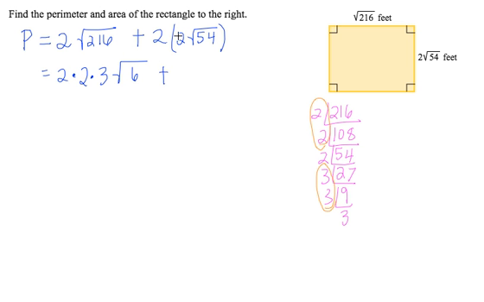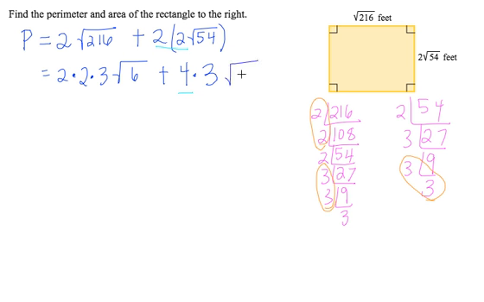Okay, here I'm going to multiply this 2 times 2 to get 4. That 2 and that 2 equal that 4. Now for root 54, let's do that over here. Actually, I really just already did it, but I'll go ahead and rewrite it. 54 divided by 2 is 27, divided by 3 is 9, divided by 3 is 3. So I've got a pair of 3's that can come out front, and one 2 and one 3 stay under. So the 3 that comes out front is there, and then this 2 and this 3 stay under,